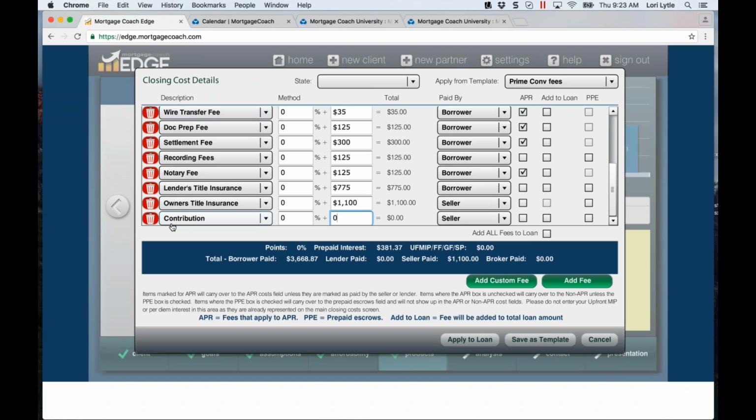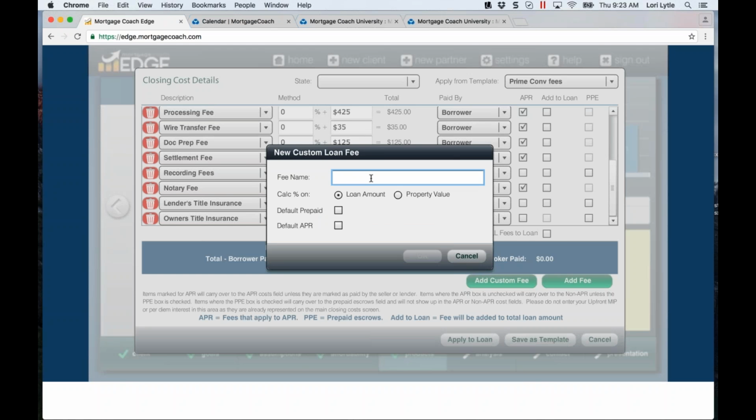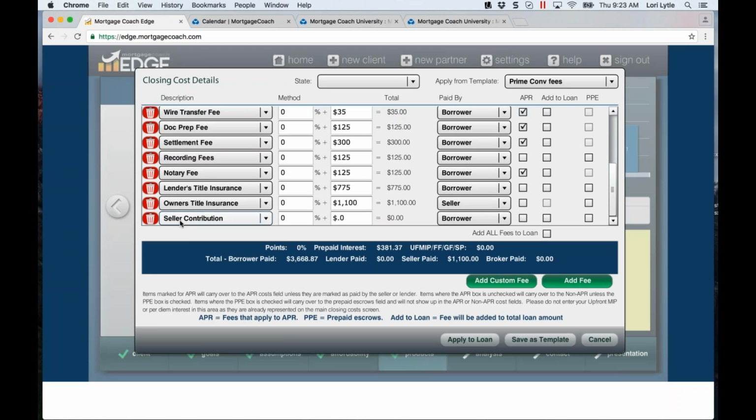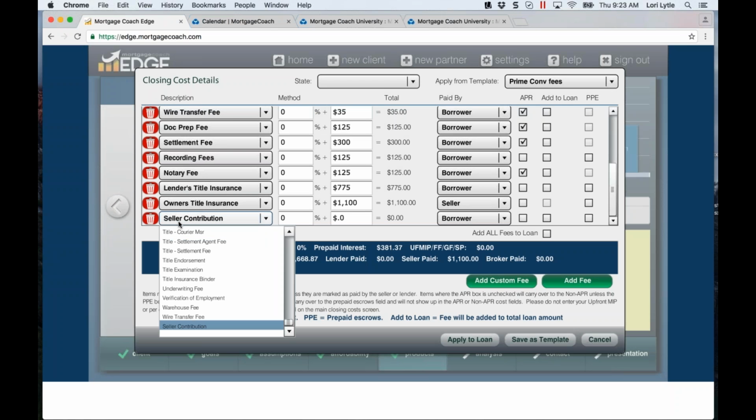If you don't want to use this label and want to use your own label, granted, you can always point who's paying that amount. This is how you would go ahead and use a custom field. Say you wanted to be able to see the label seller contribution, I could put in the description. If I use a percentage, I want it to go off the property value sales price, and I'm pressing OK. That description is now in my pick list